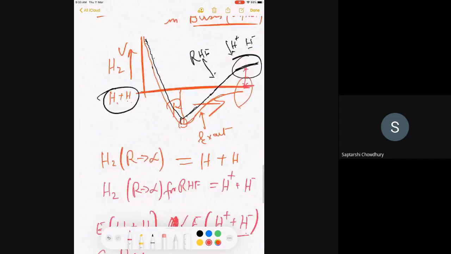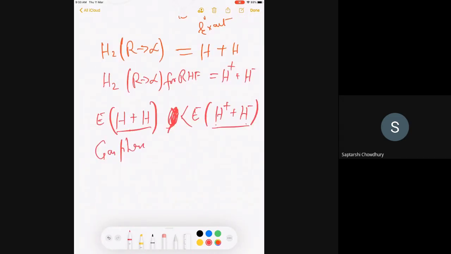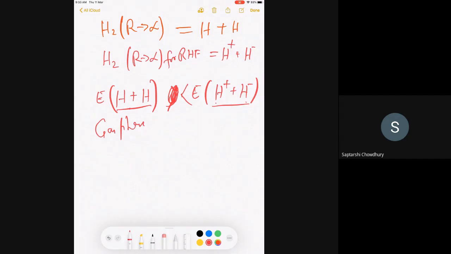As you can see here, this is lower than this. I ask you for a simple chemistry explanation. In fact, not only hydrogen, any A and B diatomic molecule in gas phase always separates